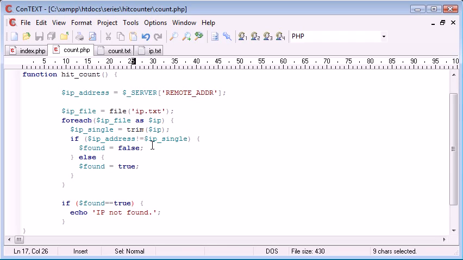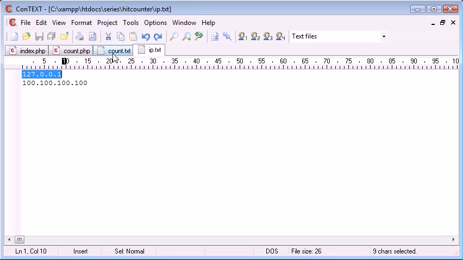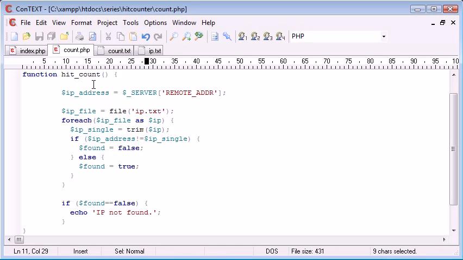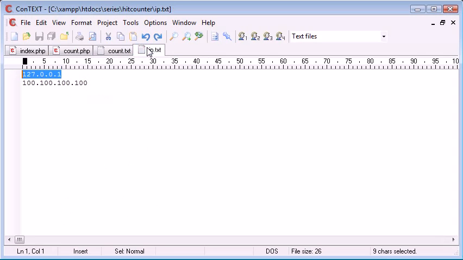So if IP address doesn't equal IP single, found equals false. If found equals false is equal to false. Right, okay, I think I've sort of worked out the problem. Now, I'll tell you why this isn't working first of all. I've had a little look at it, and I've sort of worked out what's wrong. So what's happening is because we're looping through every IP address. First of all, we're going to set the boolean found, the variable found, which is a boolean, to true. And then what we're going to do is